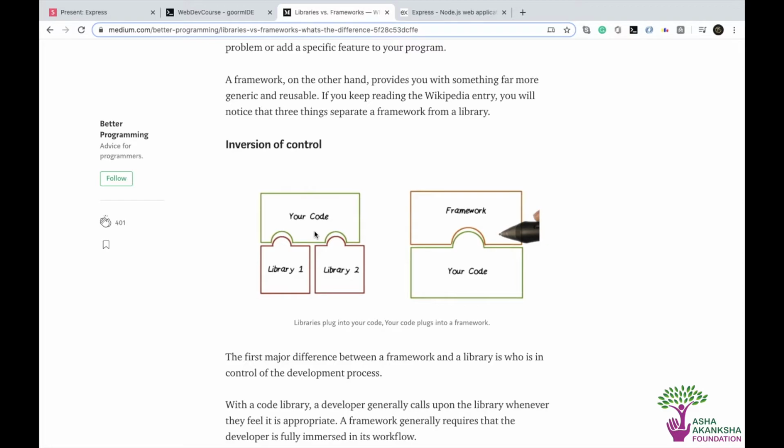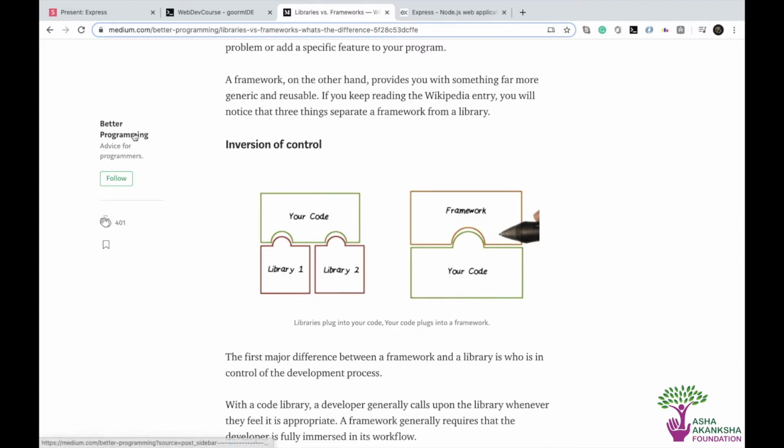However, in a framework, this control gets inverted, right? In a framework, our code is not the thing that has the control to do things. It is the framework which has the code that is controlling the things, right? The framework is the main thing controlling your whole program flow, right? The thing is, you will know how it is controlling the program flow, and hence you will plug in your code into the framework in an appropriate manner so that you get what you need, right? So a lot of words there.